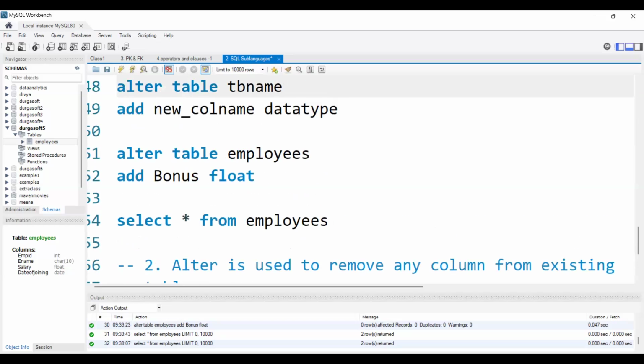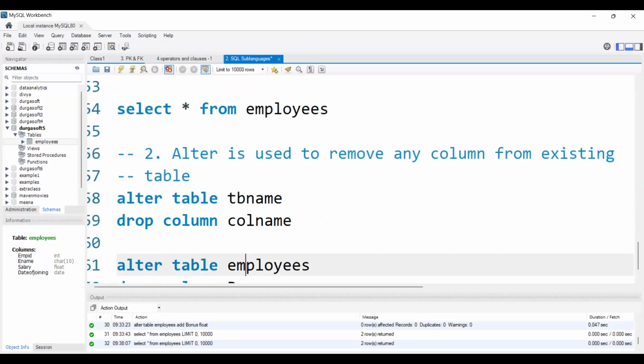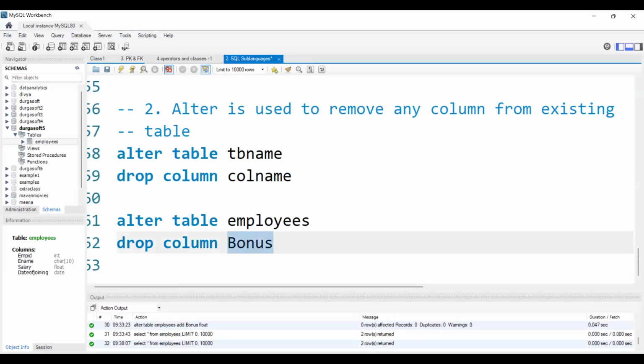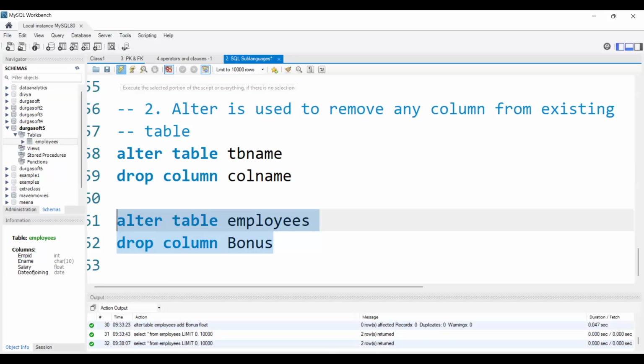Previously, whenever we are creating the column, we need to define the data type. We need to remember that. Every time we are creating a new column, we will define the data type. But here we are removing the column, so no need of data type, because we will already have some data type on this column. We are just removing that column. So this will be the command: alter table name, drop column name. I'm just executing this.